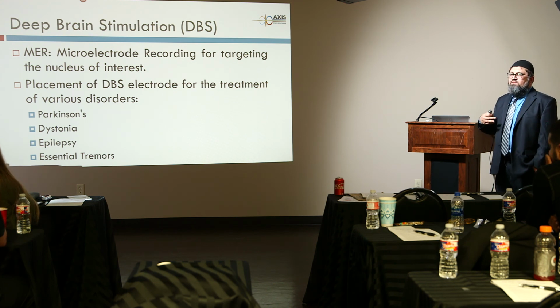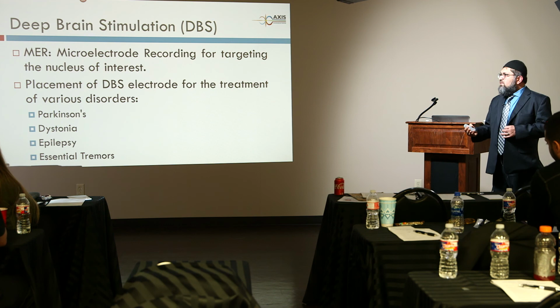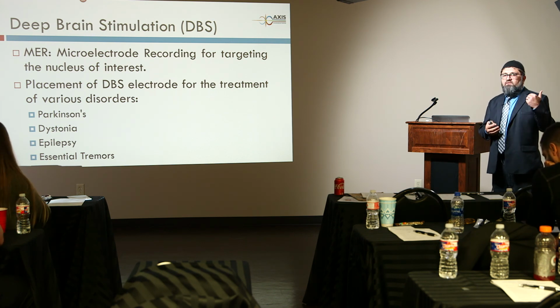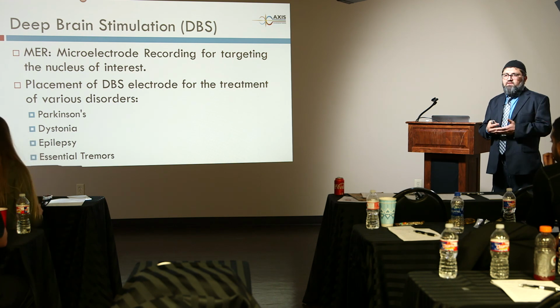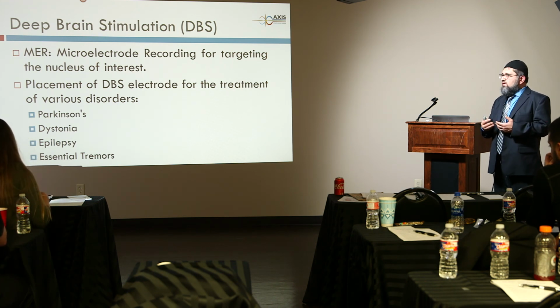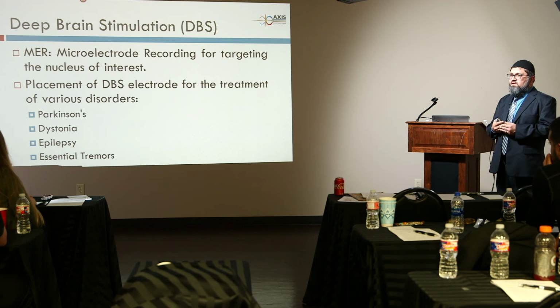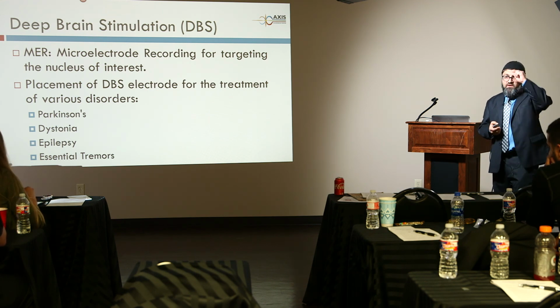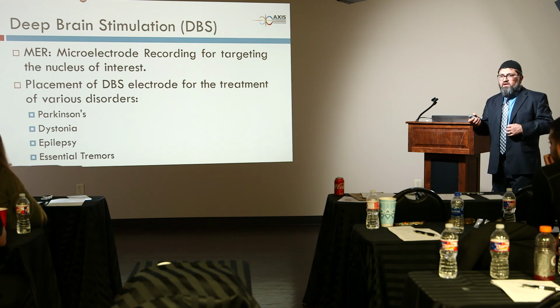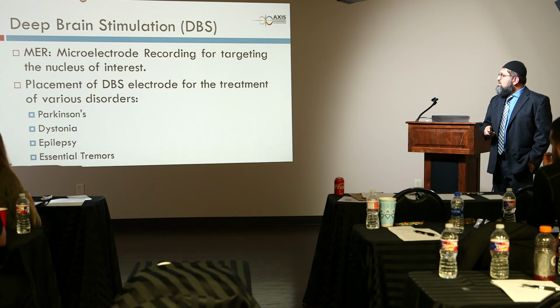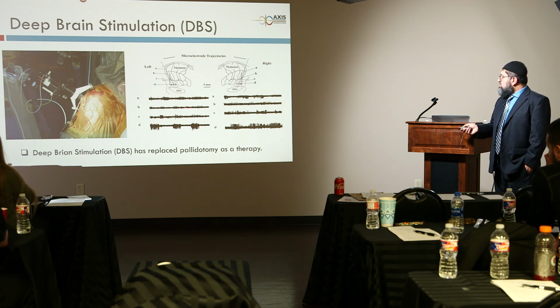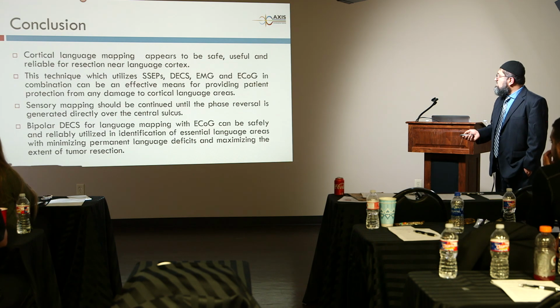Microelectrode recording for deep brain stimulation. Again, these are all awake patients with a history of Parkinson's, dystonia, epilepsy. You have to target the area. If it's Parkinson's, you target the subthalamic nucleus. If the patient has dystonia or essential tremor, you go to the VIM, a different nucleus, and do single cell recording. And once we have it in the same area, we take the recording electrode out and put the stimulator there and leave it there. This is the DBS target frame and recording.